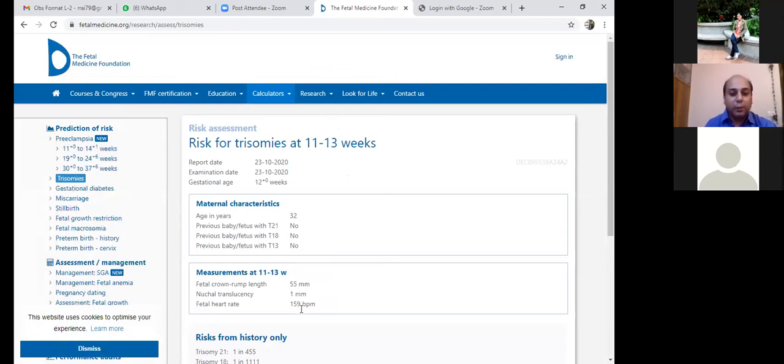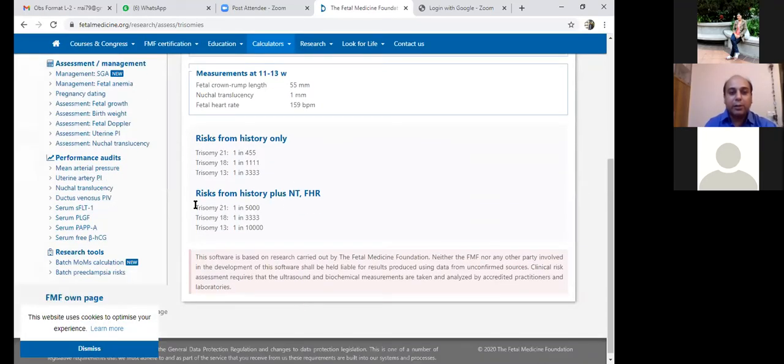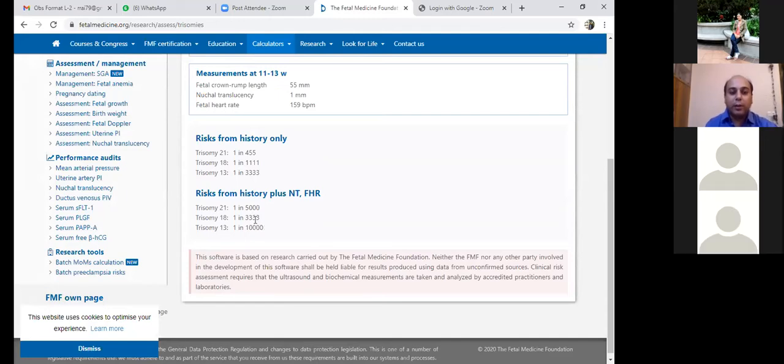So now we can see that the risk from history plus NT plus FHR is coming out to be 1 in 5,000 for 21, 1 in